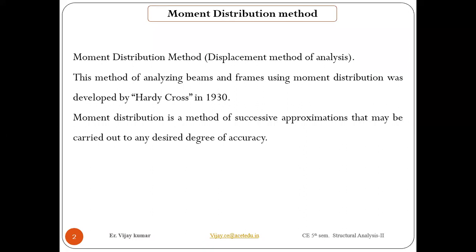We try to do that, but many times you are not going to get those values within 5 or 6 successive approximations. In that case, you need to go for 10 successive approximations, so that will be a little lengthy. But wherever you get mostly accurate, or you can say almost equal values on the joints, there you can stop. Otherwise, continue till the values come out to be 0, or you can say balance out.